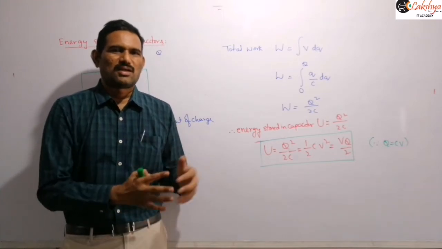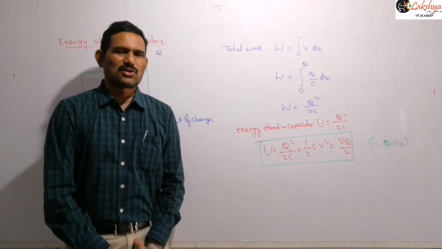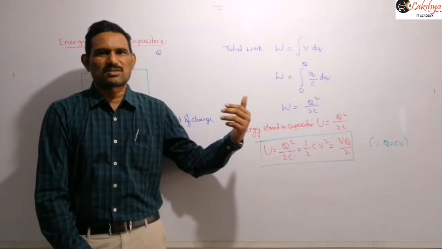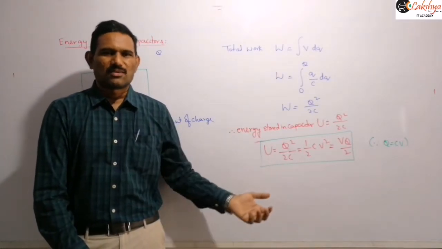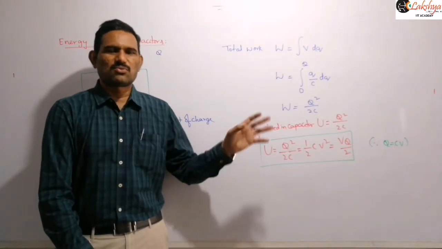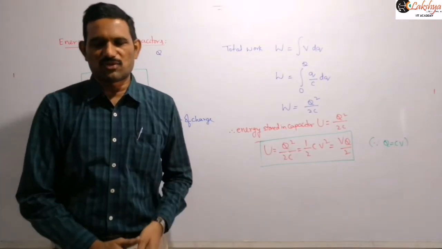Like in power, in electrical heat or electrical power produced, we use a different formula like V square by R or I square R or VI. So depending on that, these expressions are similar to that. So depending on the case, we need to take that formula, which form of that formula we need to apply there, right?